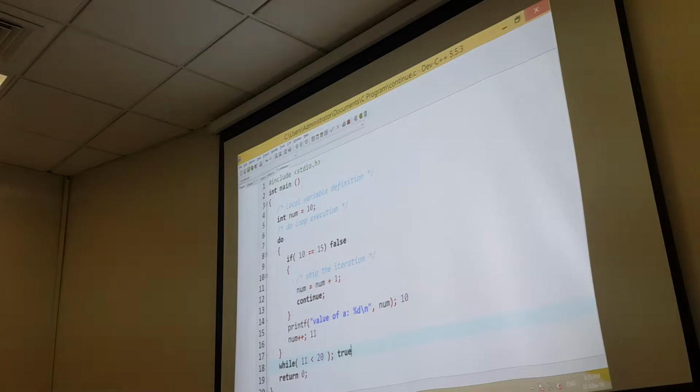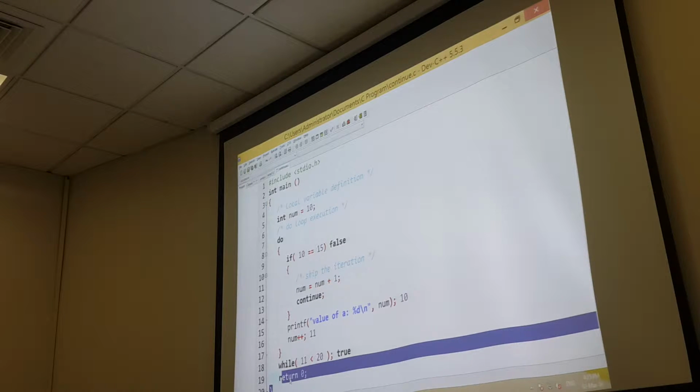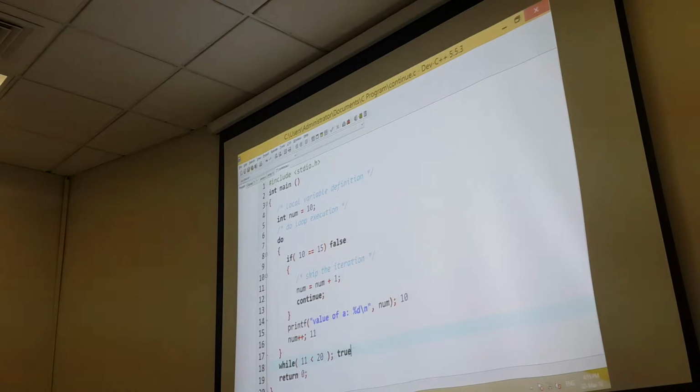Clear? Now it will go to return. So what is in return? Int. So it will return a value. But this will return a value at the last of this program. Fine? So your condition, 11 less than 20, will directly go again to do.